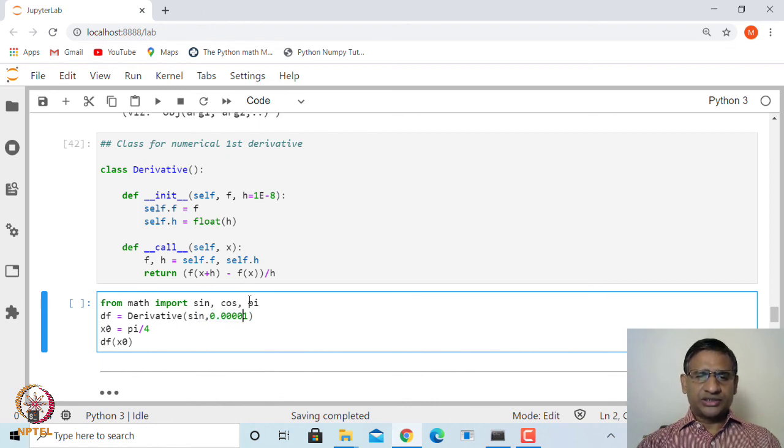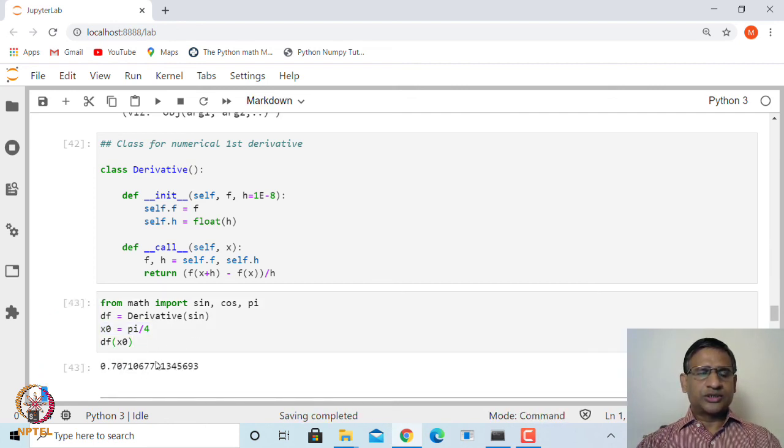It is not necessary to give this value; in that case it will take the default value of 10 to the power minus 8, and so the derivative of sine has been created. And if I am to evaluate this at x0 equal to pi by 4, we will say df(x0). So, that is how you call a function to be evaluated at some point.